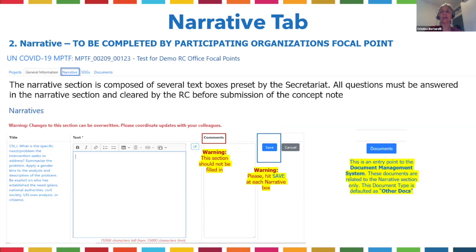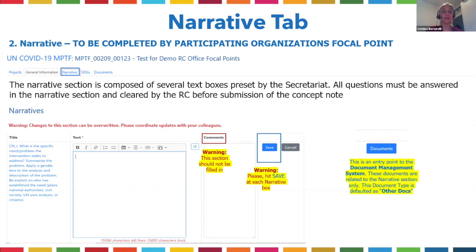In particular, attention needs to be given to the narrative section. As we were hearing before, can we work in Word and then put the information in our platform? Definitely yes. The narrative section is designed at the fund level, and it mirrors a little bit what you have as a support document in Word for the concept note.